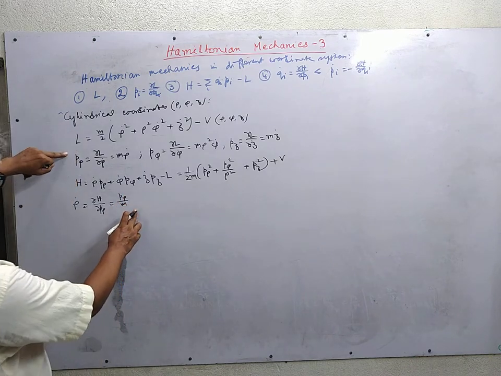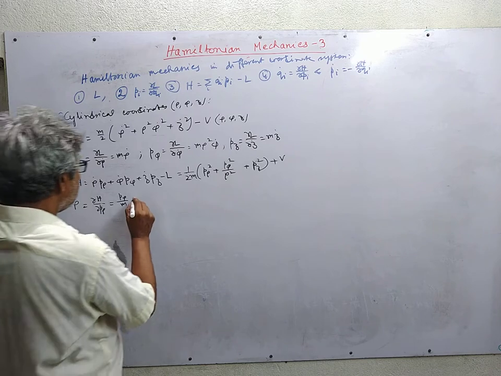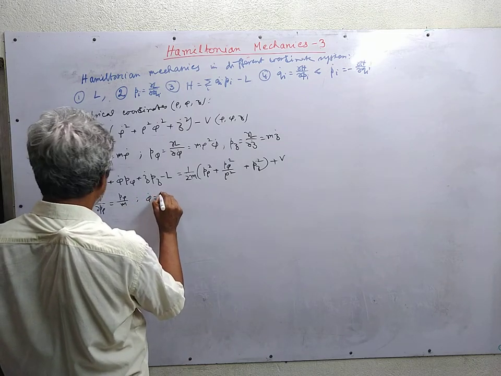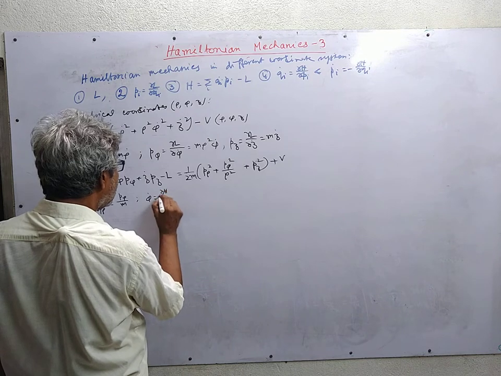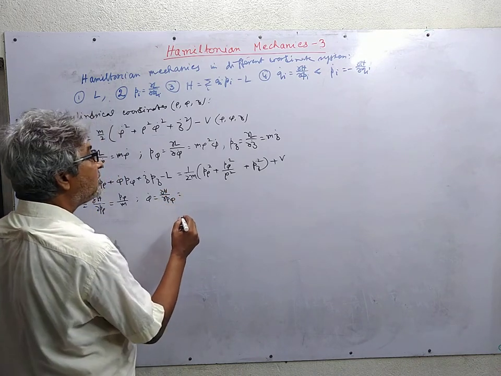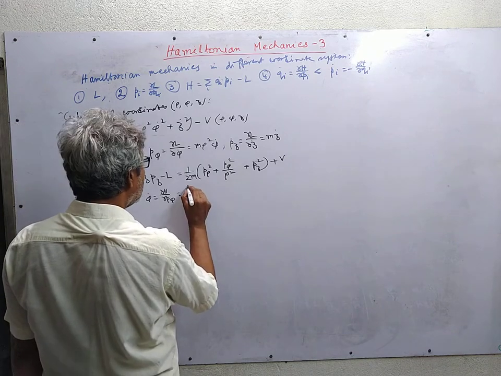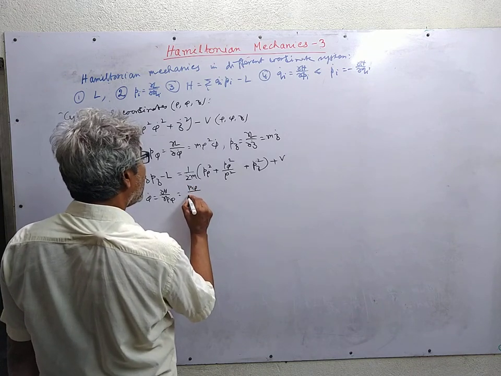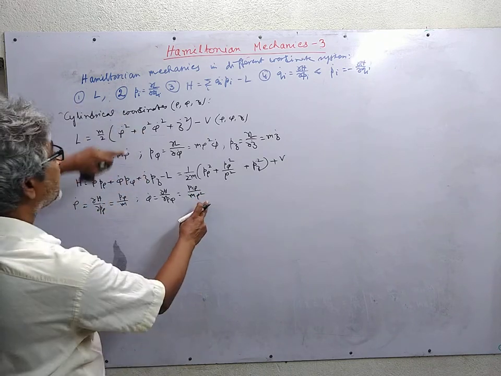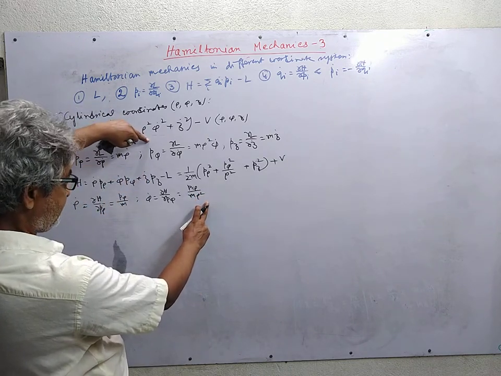This is nothing but this equation. Phi dot is equal to del H del p phi, so this is p phi by m rho square. This is this equation,